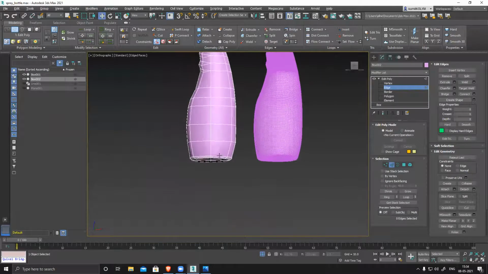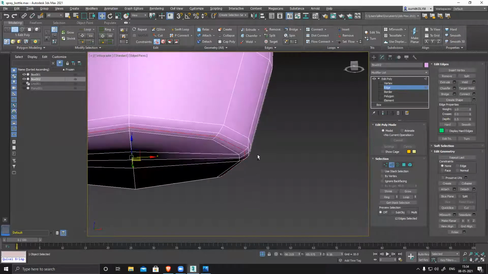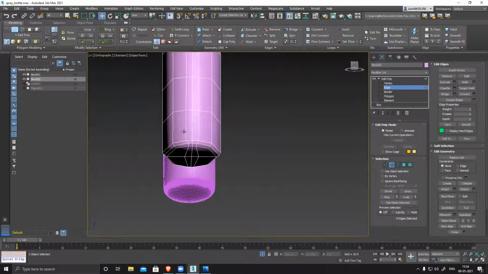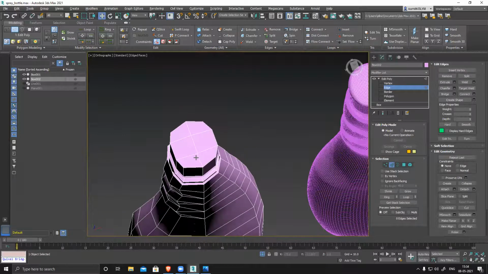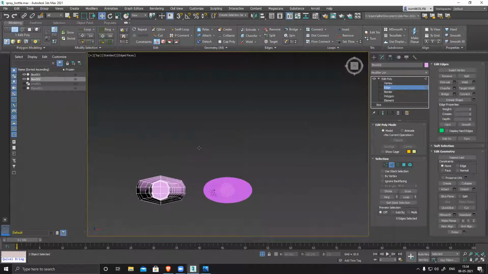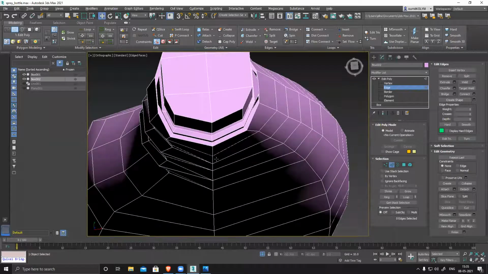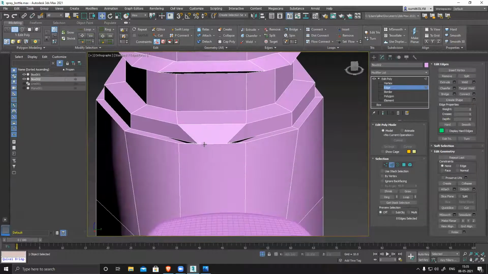For gaming, your model should be highly optimized. All these angles and extra things are not required. Only three edges for beveling is more than enough. If I keep these two, I have to remove this one. Make it really smooth. Now from the top view, it looks a little angular. Why does it look angular? There's something I missed. Okay, this thing.